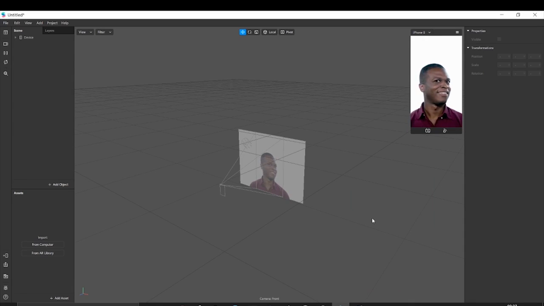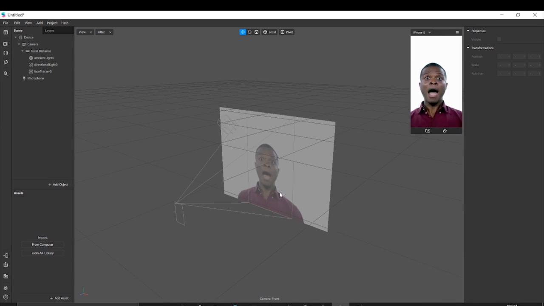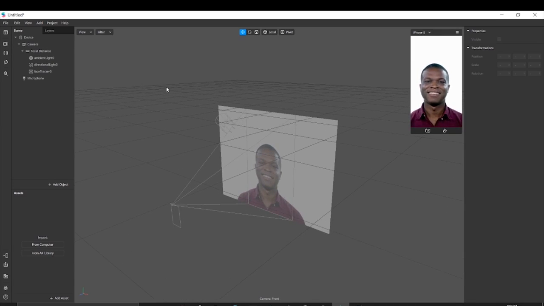And this is the workspace. Basically everything you have here has to be here. And these are some of the tools that we have. This is a move tool, which helps to move objects around. This is the rotation tool, which helps to change the orientation of objects, and this is the scale tool, which helps to scale the objects.